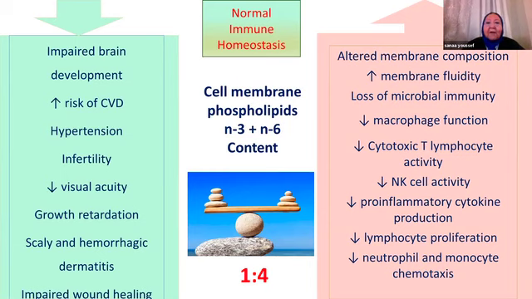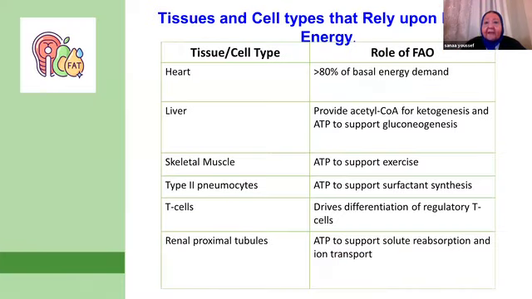On the other hand, if you have too low omega-6 in response to the very high omega-3, you will have an impairment of the brain function development and increased risk of cardiovascular diseases, hypertension, infertility, visual acuity problems, growth retardation, and scaly or hemorrhagic dermatitis, with impaired wound healing. So we are speaking here about a proper balance to keep a properly functioning immune system, which can support us and defend us. Now, we have the fatty acid oxidation